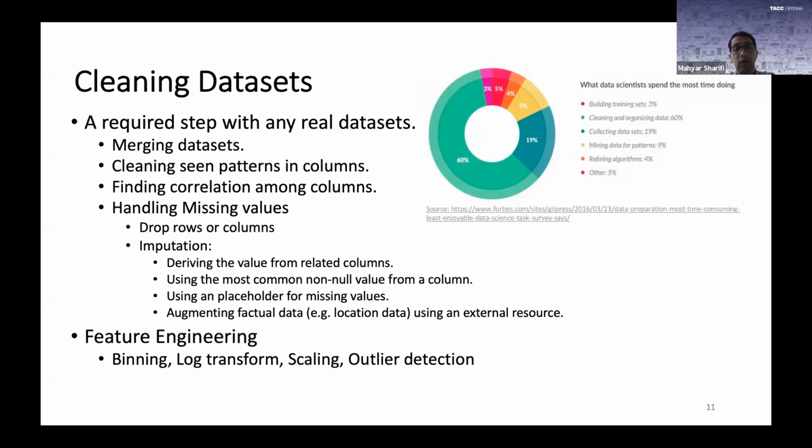Real data sets might come from multiple sources, and you will have to make sure that these correspond to each other correctly. In my case, when I was going through this example, I saw that one data set stated the roof cover as some specific parameter, and that same parameter was stated in another data set under another name, which was essentially a similar thing but formatted differently. So you will have to go through them with your script, start seeing patterns, and clean your